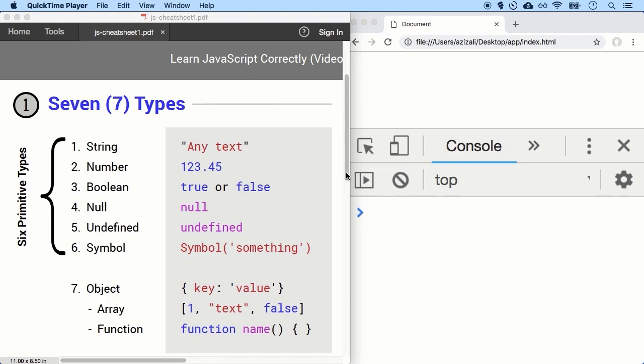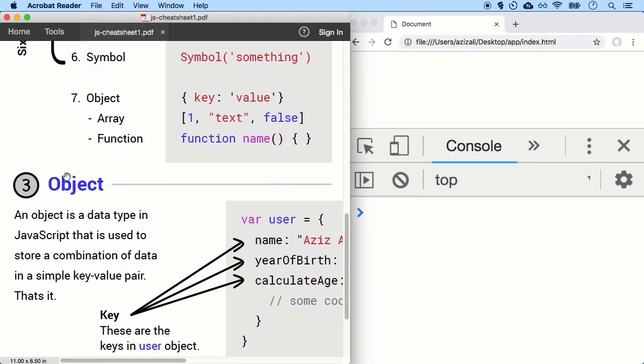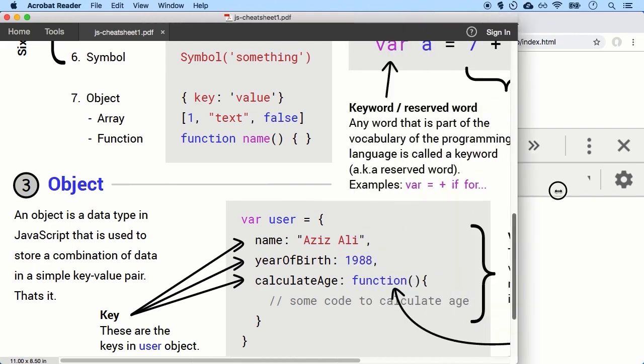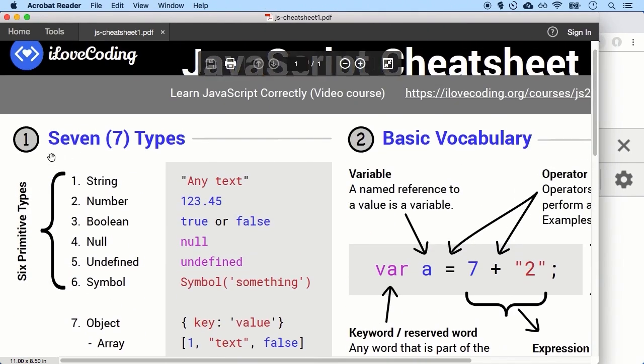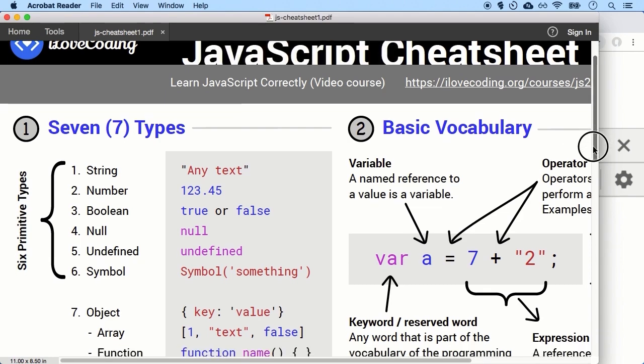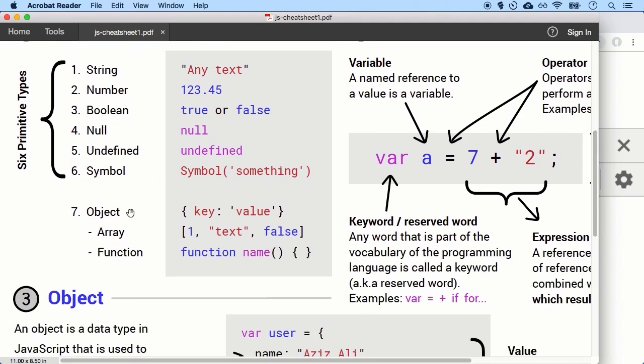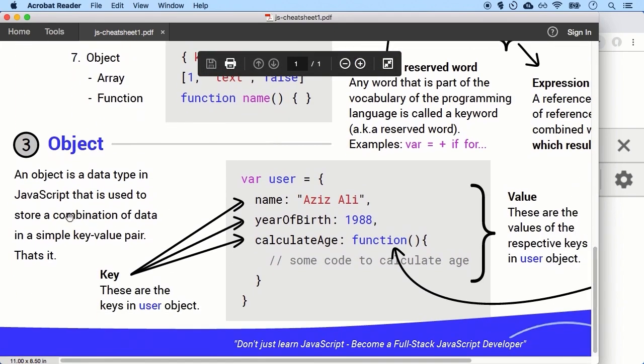Let's scroll down in our cheat sheet over here to the third section, which is objects. Now, I recognize that we only covered the first section over here, and then we are actually missing the second section. We're going to cover it later and cover these basic vocabulary of JavaScript and coding in a little bit. But I want to go with the flow and introduce to you the most powerful type in JavaScript, which is actually objects. So if you scroll down to the third section, this will give you a simple introduction to